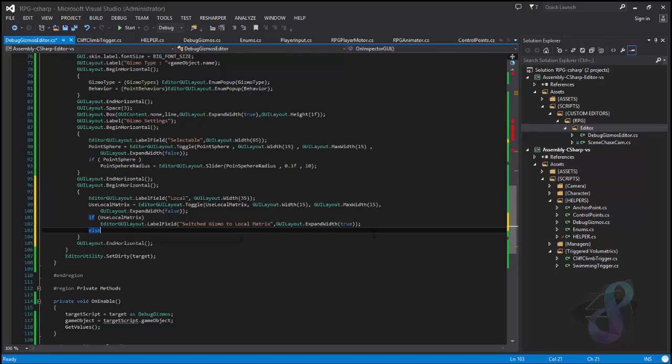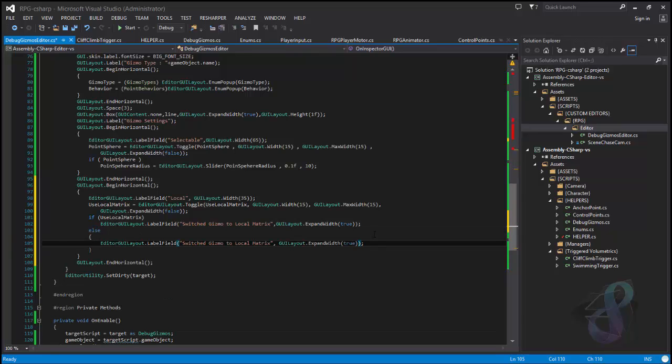We say else, we say "Switch gizmo to world matrix". Okay,